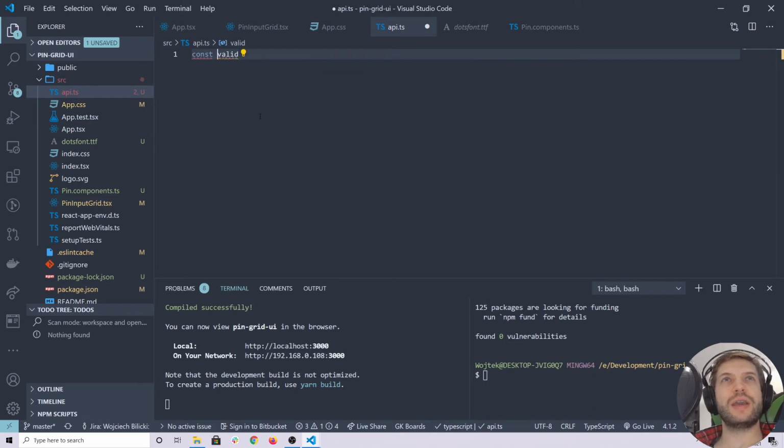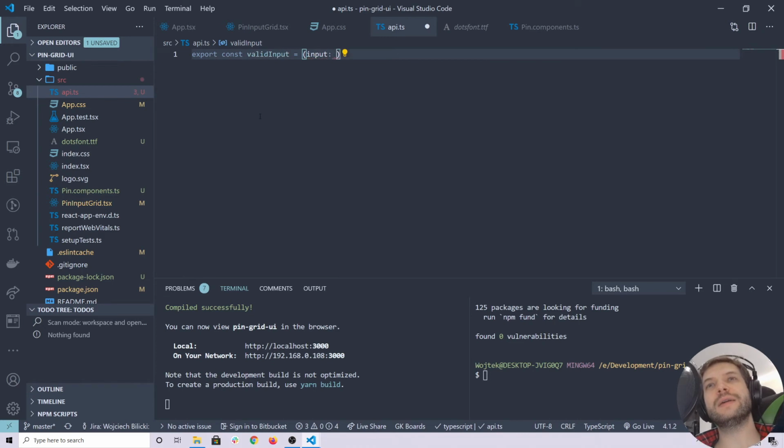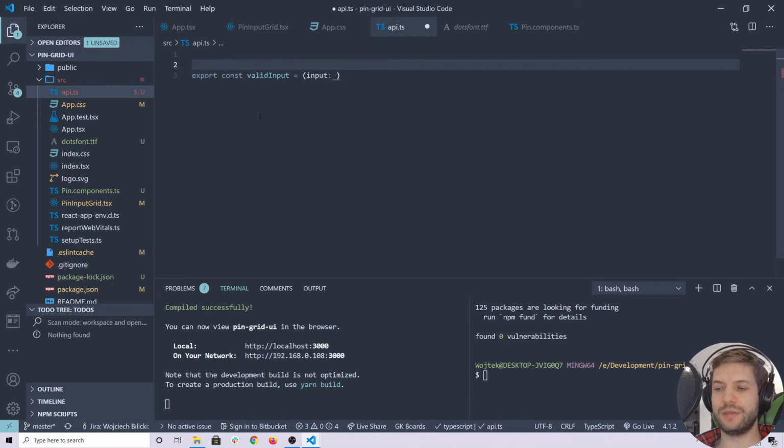I'm going to create a function validate input that's going to take input. It has to be a string, because the valid pin, in my understanding, is something like that,